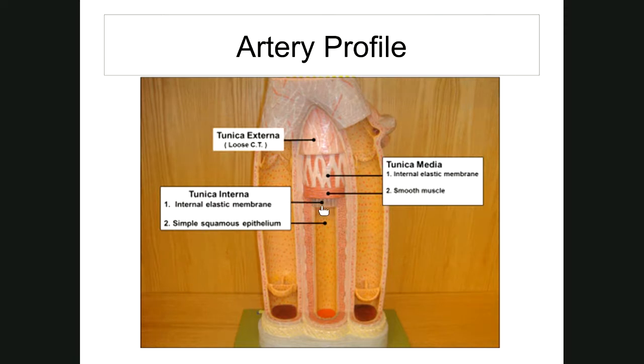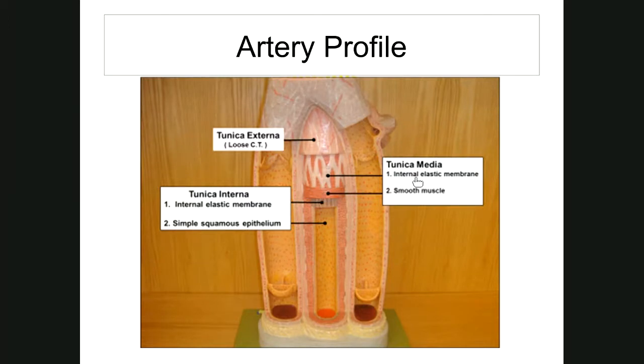The internal elastic membrane helps the arteries to recoil to force blood into the body. Remember when the right ventricle contracts, that sends blood to the lungs, but when the left ventricle contracts, that sends it out to the body. And the aorta is going to swell and then it's going to recoil. Well, the aorta has these two parts of its inner layer, the endothelial lining and the internal elastic membrane to help it recoil. Well, the next outer layer is the tunica media, and on an artery, the tunica media has